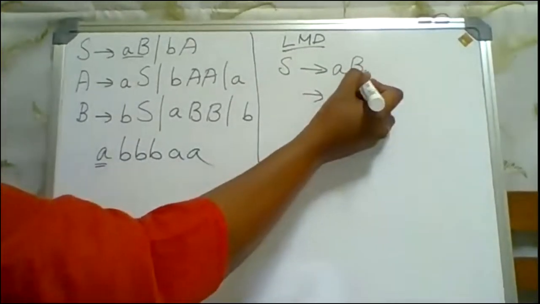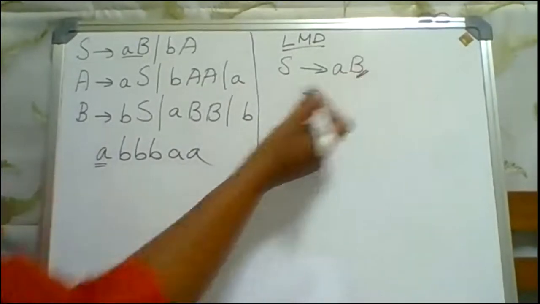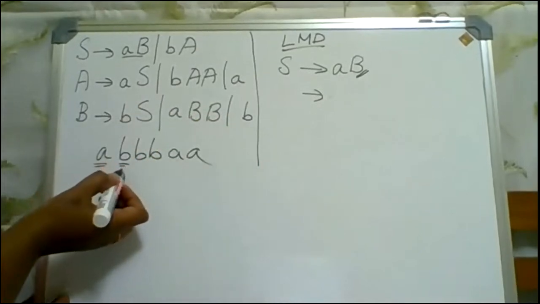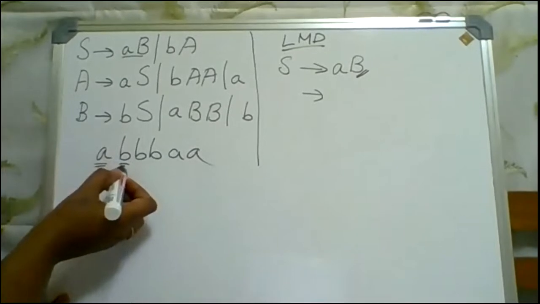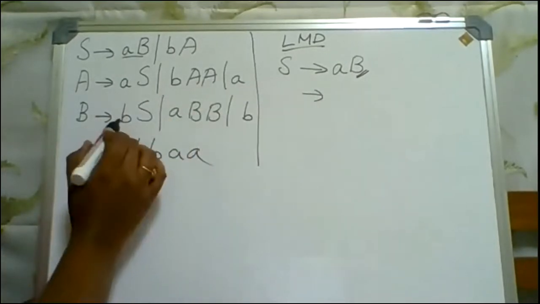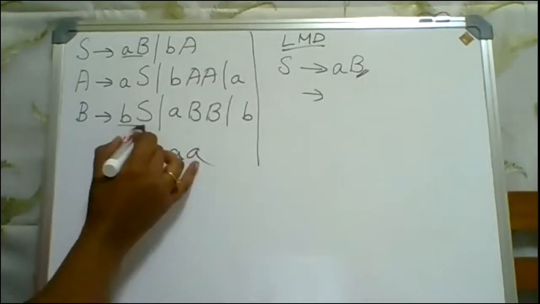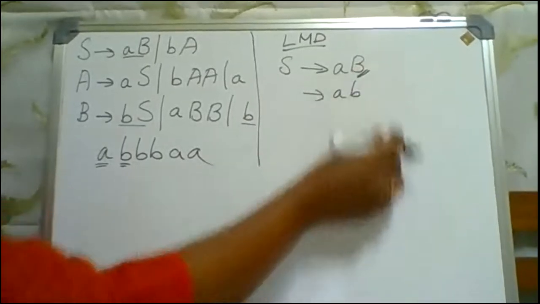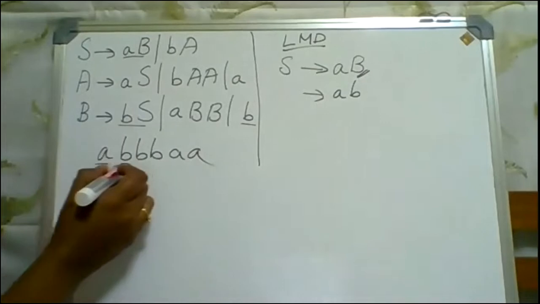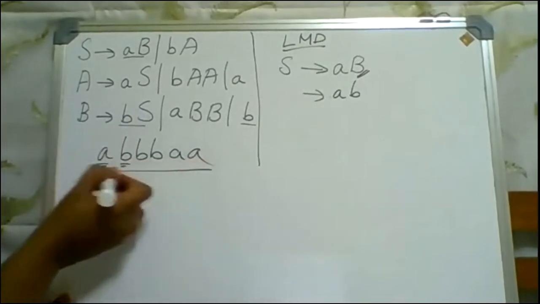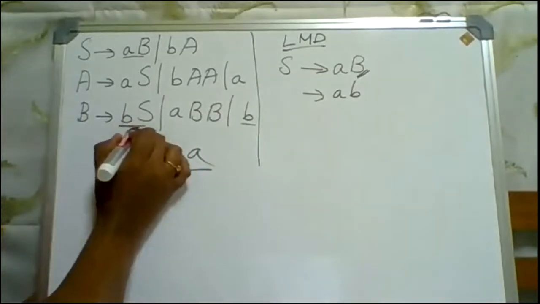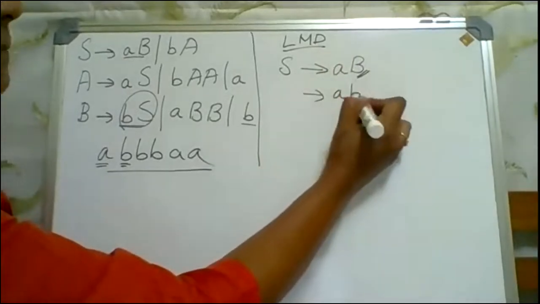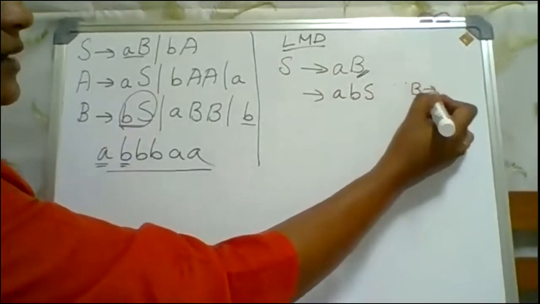And we have only one variable here. We need to replace this B by any of the productions. Before identifying the production, we should see the next symbol in the string. The next symbol is B. Either we need to replace this B with BS or B. If we replace this B with B, we will get AB, and next we can't proceed. But our string is A, triple B and A. So to obtain the string, we need to replace this B with the production BS, where B is deriving BS.